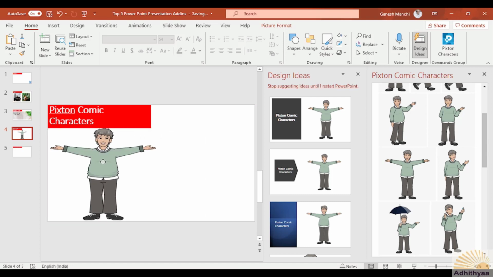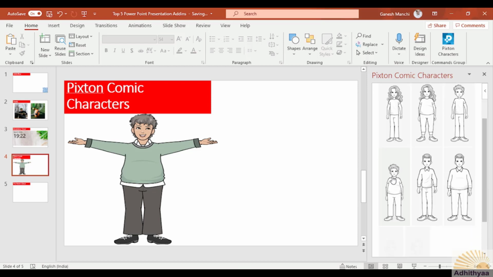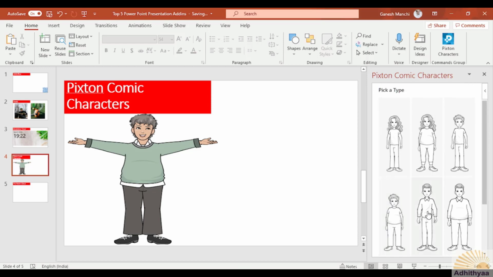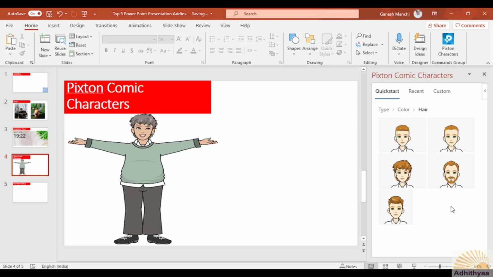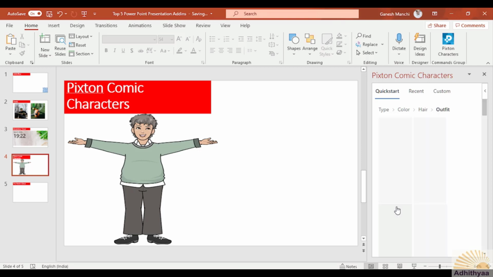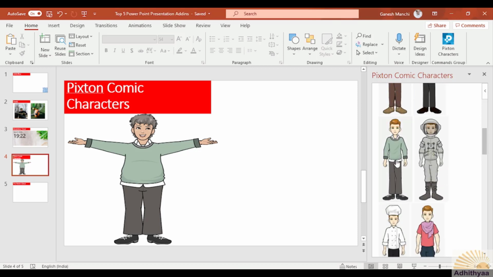Now I want to choose yet another person. I'll go to the type, and I'll go to this gentleman. The color needs to be like this. I'm going to choose the outfit as that of the same person.